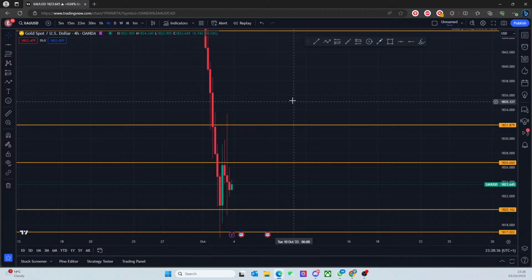What I've done is, because I'm on a funded account right now, 5% is my max drawdown limit for the day. So I've separated that into 5 separate trades that I can enter. I'm using 1% risk for each trade, and the 1% risk is a 100 pip stop loss, and I calculate my risk based on that.